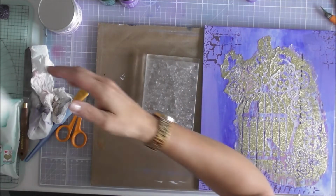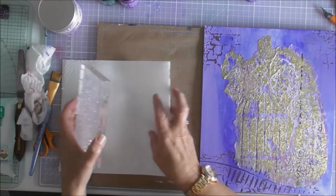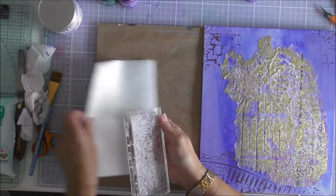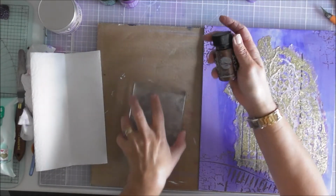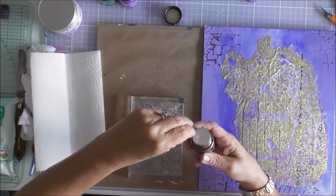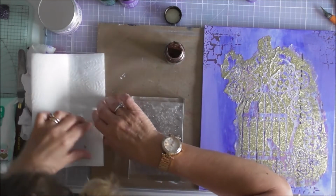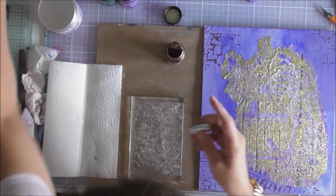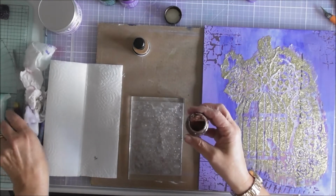Right, okay, so when you're stamping with Starlights, I know if you've watched my other videos you do know, so I just want to make sure. So I'm going to use that, and I'm going to stamp with chestnut. I'm going to use my distress pad, put a bit on here,